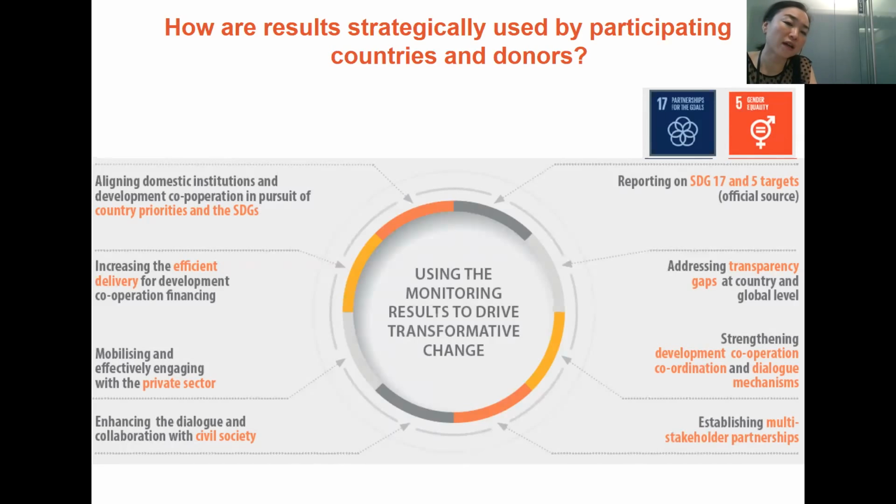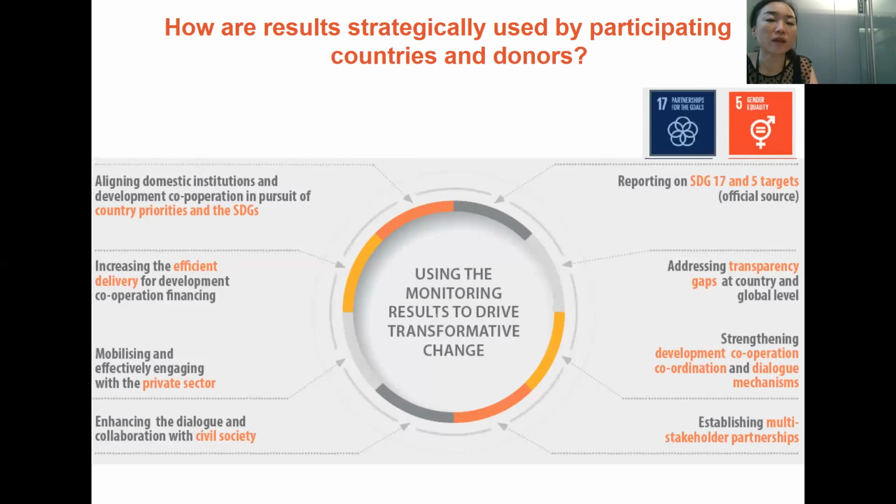Going sort of clockwise, the process itself and some of the indicators being monitored through the country-led monitoring process have also provided an entry point and opportunity to strengthen the dialogue in collaboration with civil society organizations, as well as strengthening the platform and engagement with the private sector, identifying some of the common shared visions to which the private sector can also contribute to the sustainable development agenda.